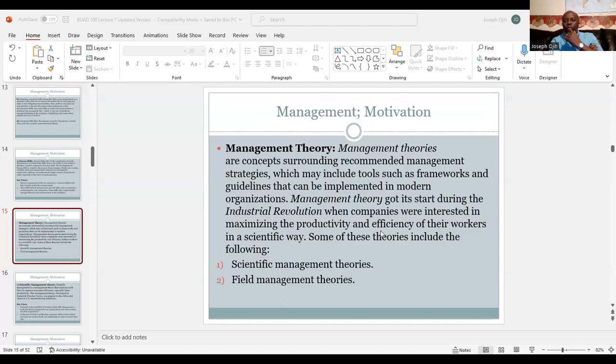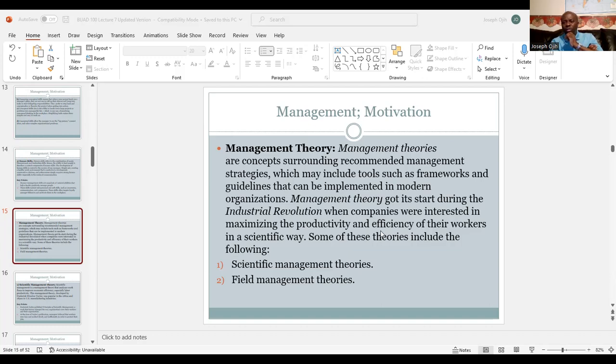But when it comes to management, we call them management theories because they are basically the concepts surrounding the recommended management strategy, which may include tools like frameworks and guidelines that can be implemented in